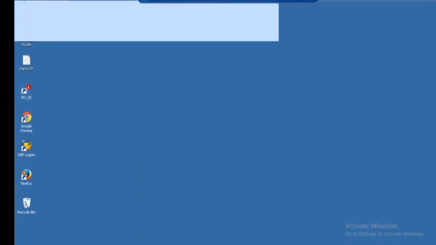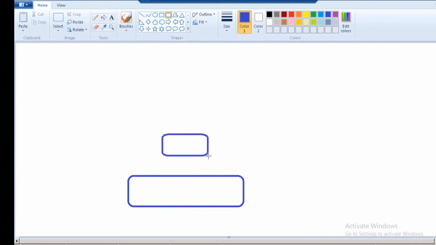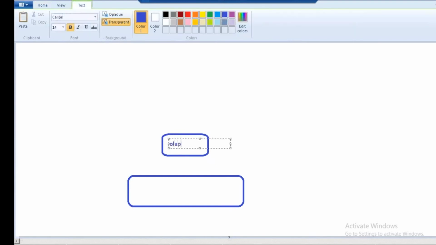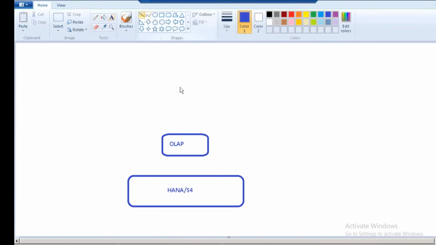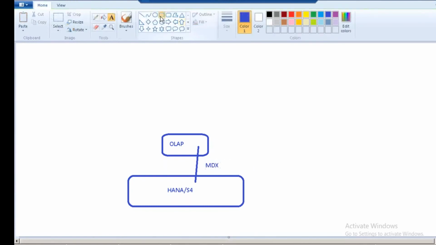What is it that until now we have done? We have HANA, S4 HANA. On top of this, we created an OLAP connection. So this is an OLAP connection. Here you have HANA S4. Now this OLAP connection uses MDX, multi-dimensional expressions. Now once this is done,